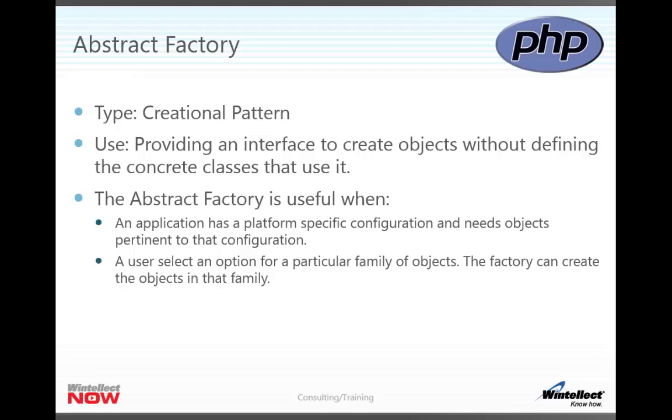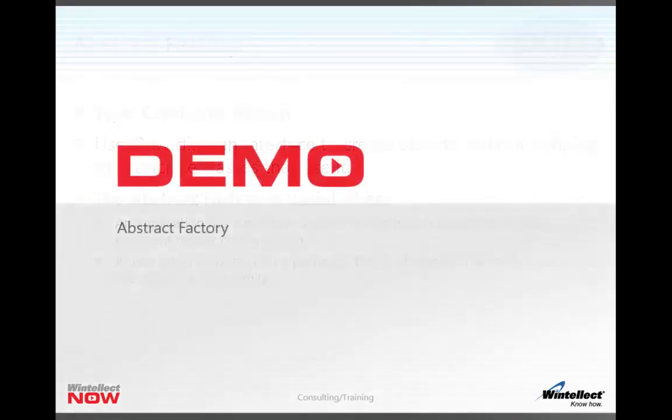In my demo, I'm going to be demonstrating the second option, a factory where I can select a family of objects and get back objects that relate to that family, and I'm again going to be using that vehicle class that we saw a minute ago. We're going to look at an instance of an abstract factory where I select the factory, and inside that factory I have methods to generate a particular kind of object that relates to a family of objects, in this case vehicles and makes of those vehicles. So let's switch over to the code and see what that would look like inside of PHP.